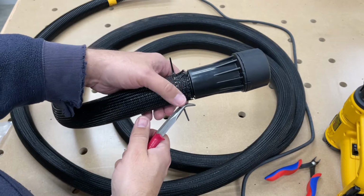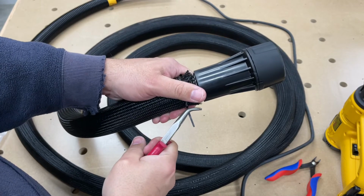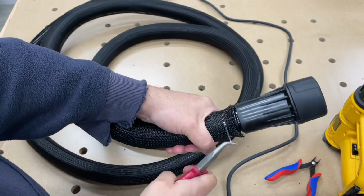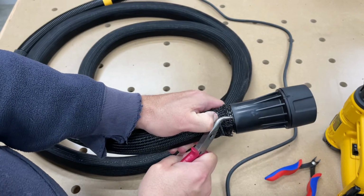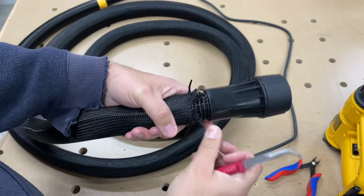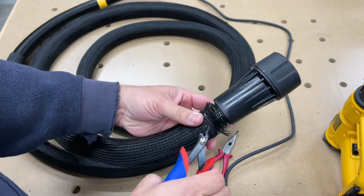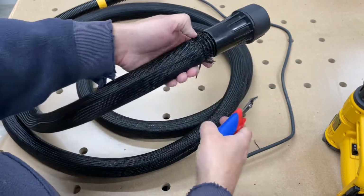So you're just going to hold this down, hold on to the end there, give a little bit of a tug, and cinch it fairly snug. We'll do the other one. Hold it down. Cinch it snug. There we go. Okay, so that's kind of sticking up there a little bit. Hopefully when we put the heat shrink on, it's going to hold that down. Let's cut those flush. There we go, 1,